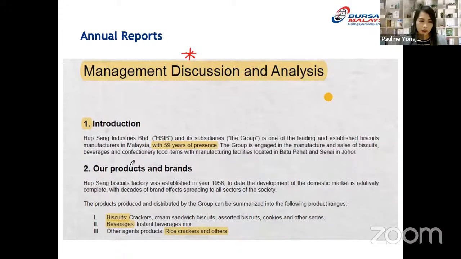Basically, they will tell you their products and their branding. They'll give you some background about their company. From their products, you can see the product segments that they are operating in. In a public listed company, usually as a company grows, they will diversify into other industries as well, so you wouldn't see one main core business. It is natural if they have other investments in other sectors or industries. So for example, in this case,